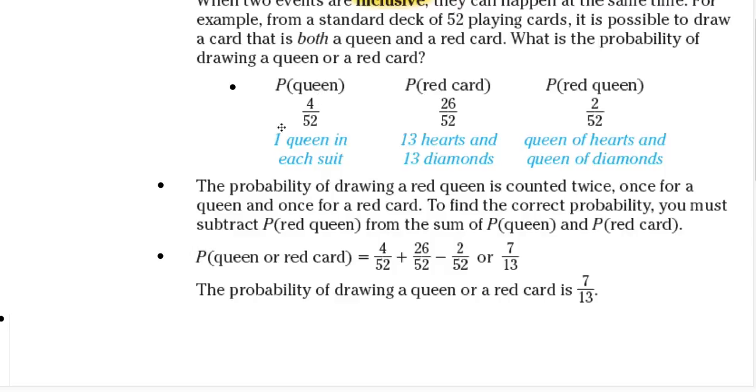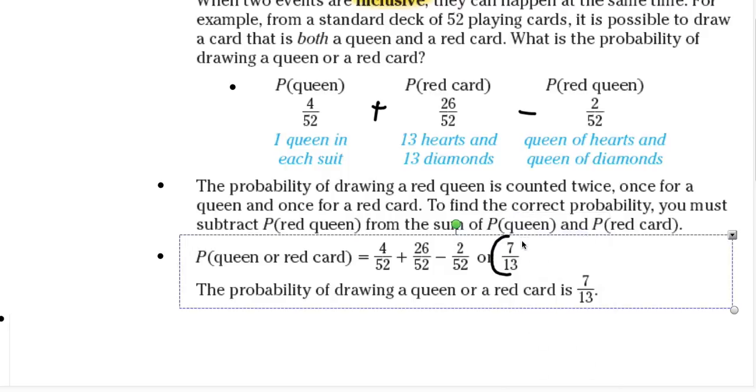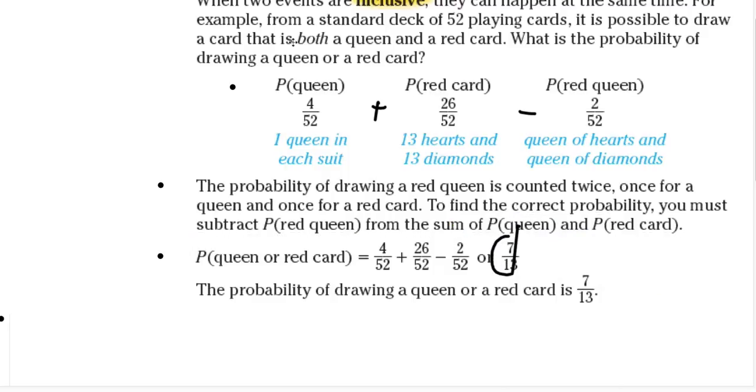So get the probability of getting a queen, add the probability of getting all red cards, and then subtract the probability of drawing a red and a queen. So you add that, you subtract that, you end up with the probability of a queen or a red card. Okay,